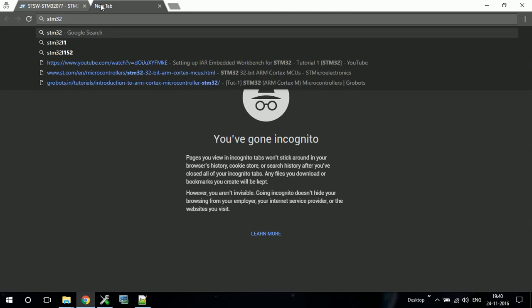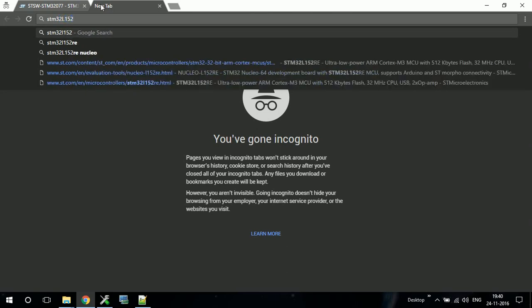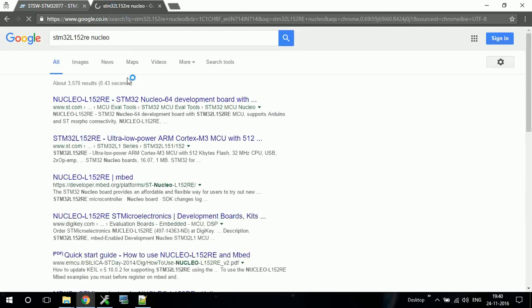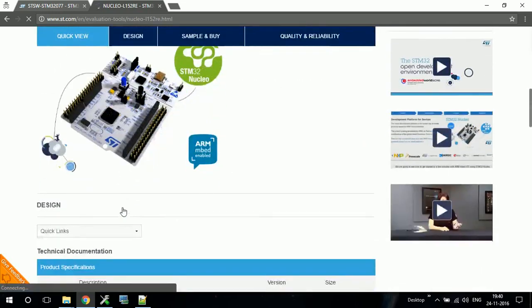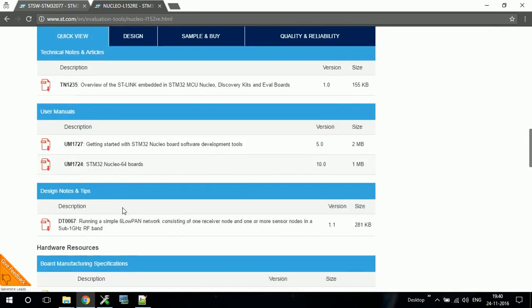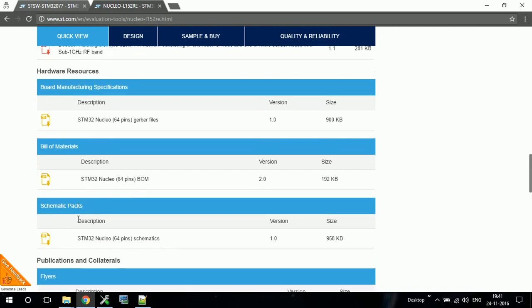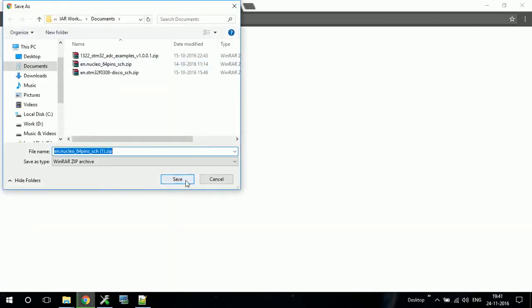Let me write STM32L152RE Nucleo. From here you will get a schematic file. From that file you get to know at which pin the LED is connected. So here is the schematic file. I download this file.